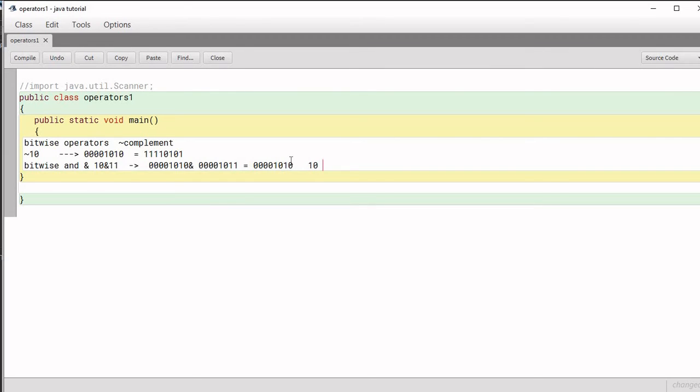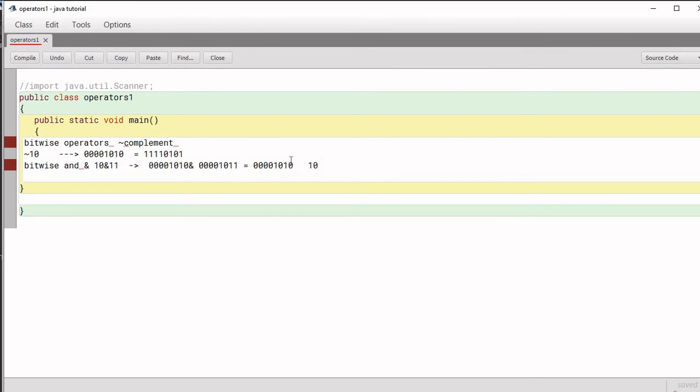Now the next one, we'll see the bitwise OR operator. The symbol is a single pipe, and again we will perform 10 OR 11. What is the logic behind it?